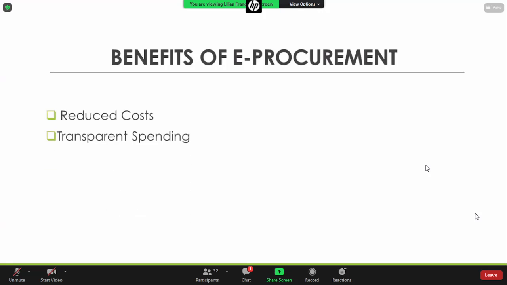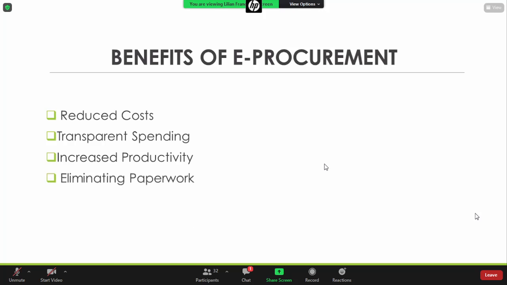Lastly is the benefits of e-procurement. Based on the given information, obviously, di lang napapadali yung trabaho nila. Also, it reduces costs, saves money by preventing duplicate spending and saving costs associated with paper-based systems tulad na lang ng mga cost of stamps to mail the paperwork. Next is the transparent spending. Ibig sabihin, it is easier to write and analyze reports on procurement system.